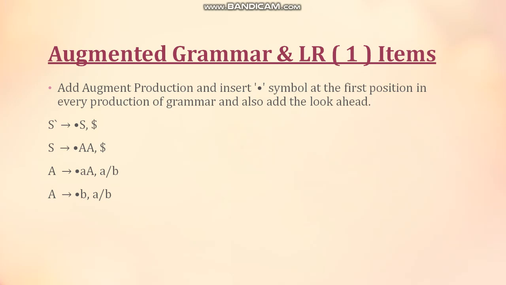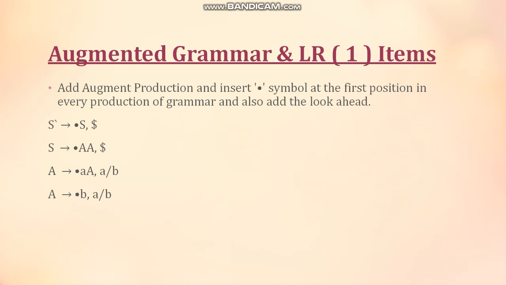Now how are we going to create the LR1 items? In this augmented production, we are going to place a dot symbol. Now whatever is after the dot, if we have a production related to it in our grammar, we are going to place it. In the first augmented production, what we got after the dot was S. We are going to place its production from our original grammar. Now in this second one, we have a capital A and we have two productions related to it in our original grammar. We are going to place them.